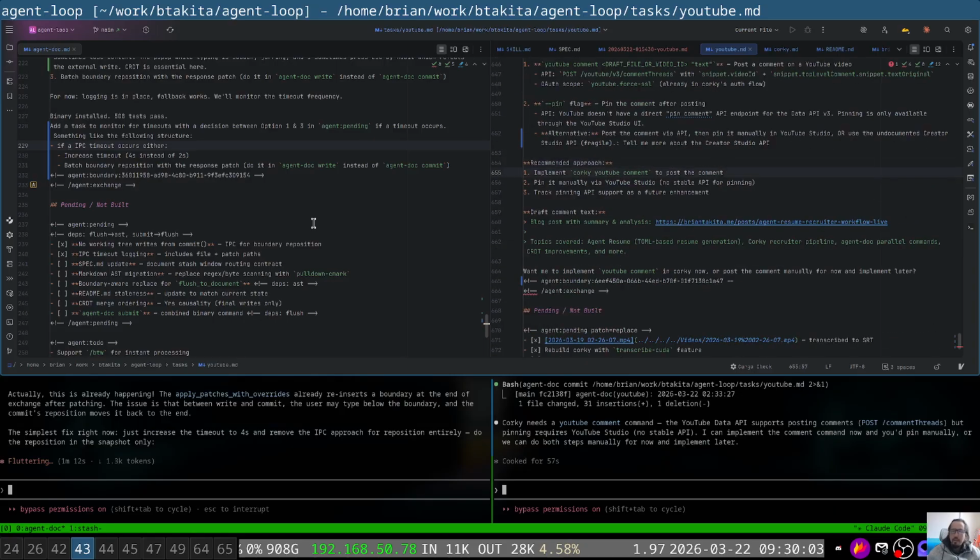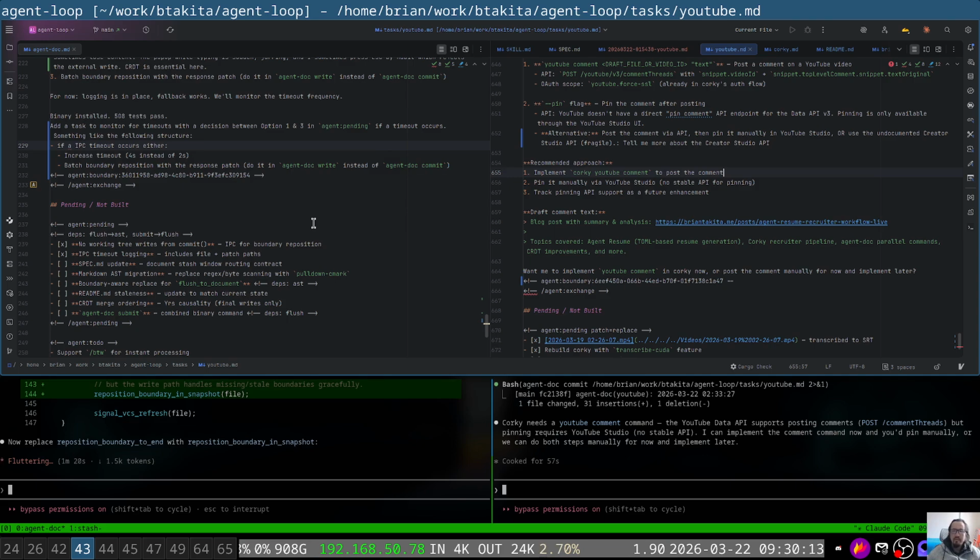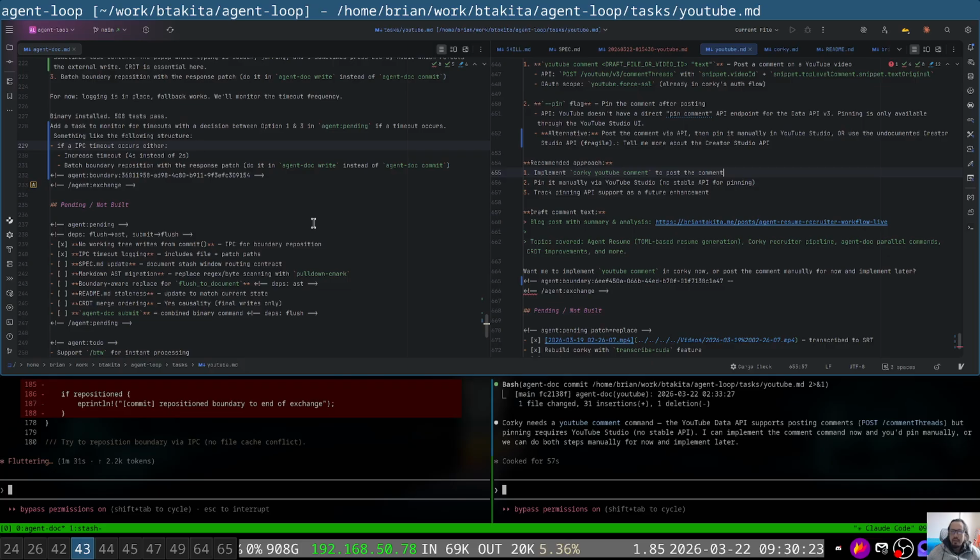Okay, yeah, I'm kind of interested in that. I don't mind. Sometimes if it's undocumented, it might be fragile, but it might also last for years too. So who knows? Or we could just use a browser to drive it with our upcoming plugin, but that's not done yet. So implement